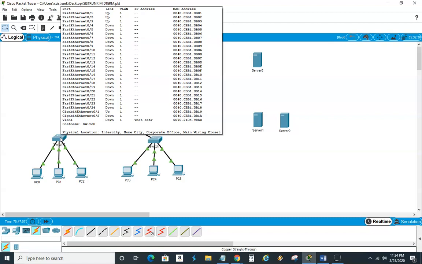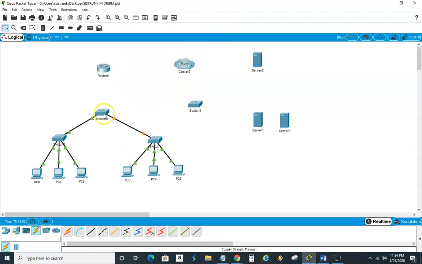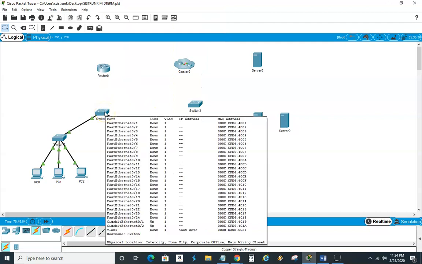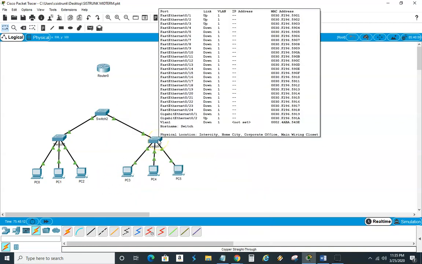And then we got Gigabit Ethernet 1 up. Okay, so we're going to come here and see what's going on here. And we got up, and we got Gigabit Ethernet 1 and 2 up. So these are communicating with each other right now. We got a conversation going on. Remember that word, conversation going on.